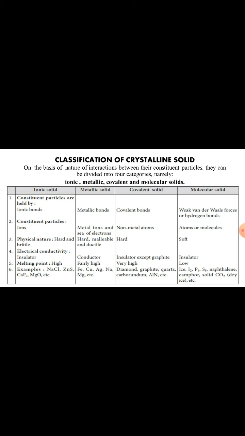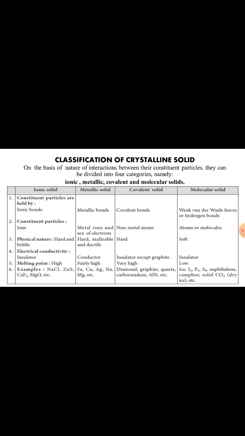Graphite is conducting because of the free fourth valence electron between different layers. Graphite shows conductivity. Graphite also has one more property. Graphite also works as a lubricant because one layer can slip over another.